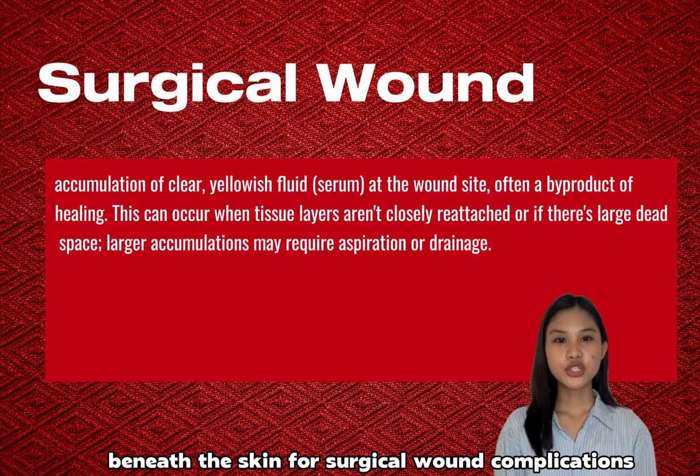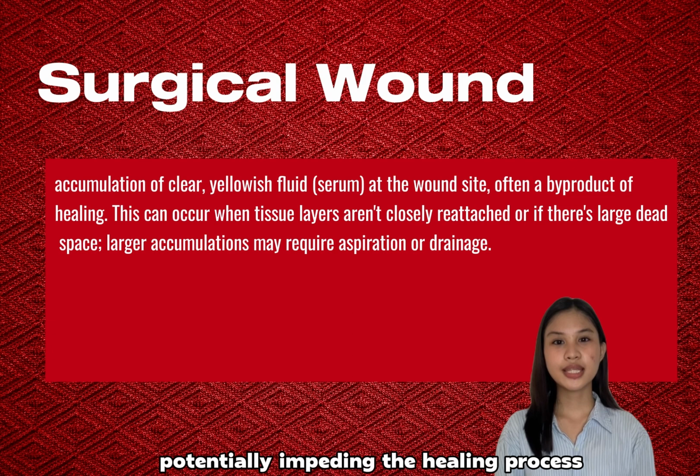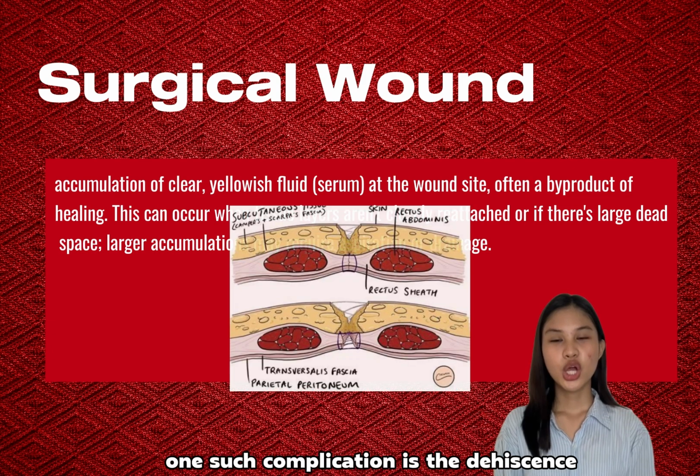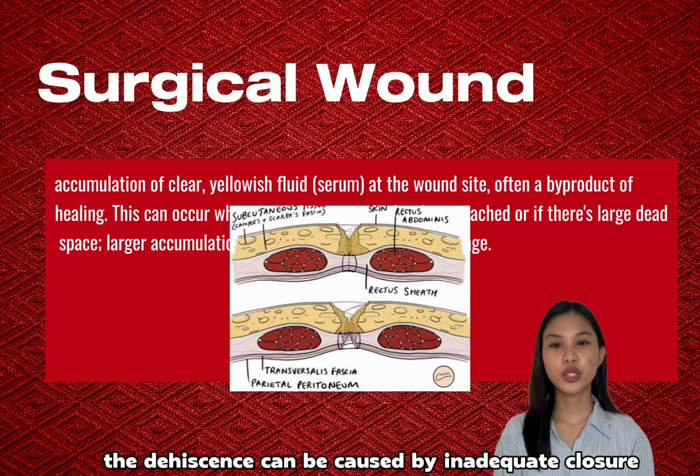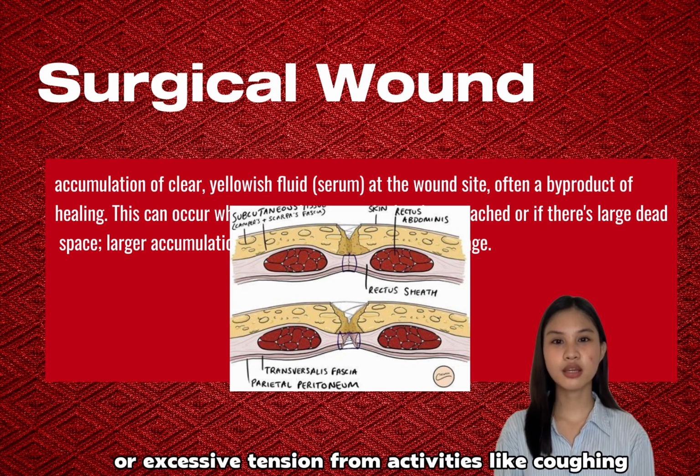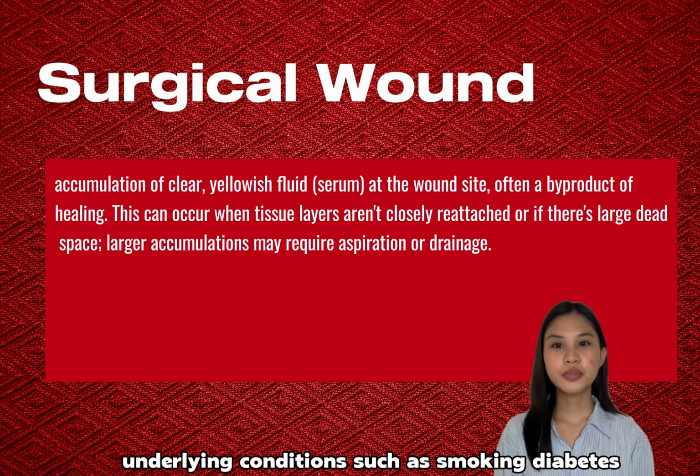For surgical wounds, complications occur at the site of a surgical incision, potentially impeding the healing process. One such complication is dehiscence, which refers to the reopening of a surgical wound, significantly increasing the risk of infection. Dehiscence can be caused by inadequate closure, poor healing, or excessive tension from activities like coughing. Underlying conditions such as smoking, diabetes, obesity, and heart disease can further reduce blood supply and weaken the immune response,